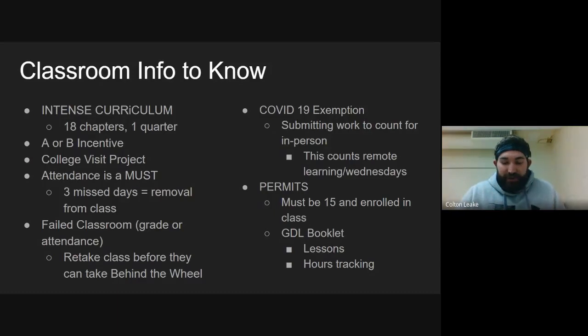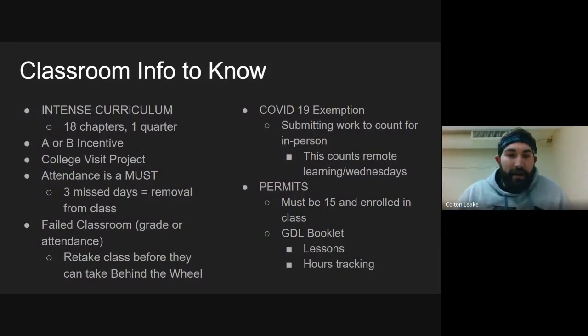So because your child is going to be 15 at some point this semester, if they're not already 15, and they are in third or fourth quarter, they are going to be getting their permits at some point once they turn 15. When that happens, they get GDL booklets, which is basically just lessons and hours tracking for you guys. It gives sample lessons that you can use at home as parents in case you're like, well, I don't know what I want to practice with them. They can help kick those wheels rolling and get that hamster spinning in that wheel in your brain for ideas.